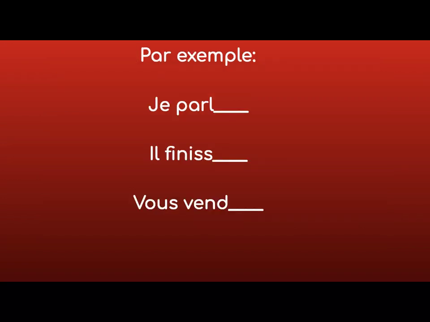So for example, je parle becomes je parlais. Il finit becomes il finissait. So it's il, so the ending is always AIT. Nous vendions, the ending is always IONS. So vous